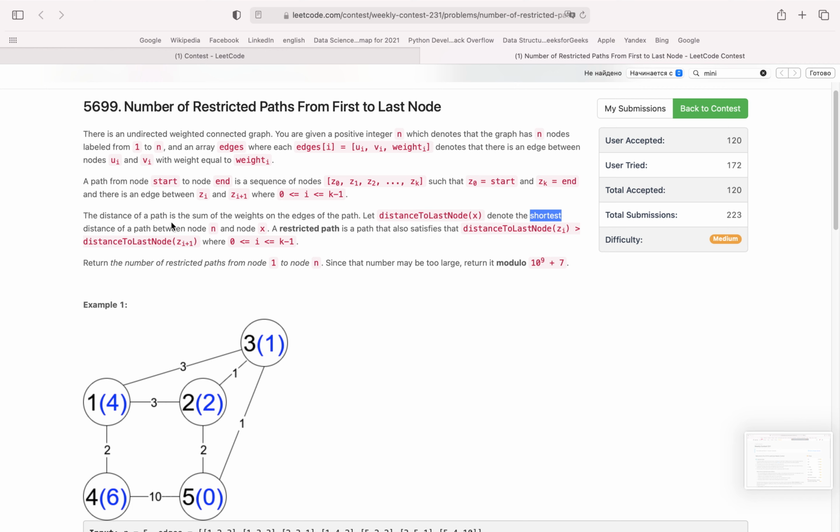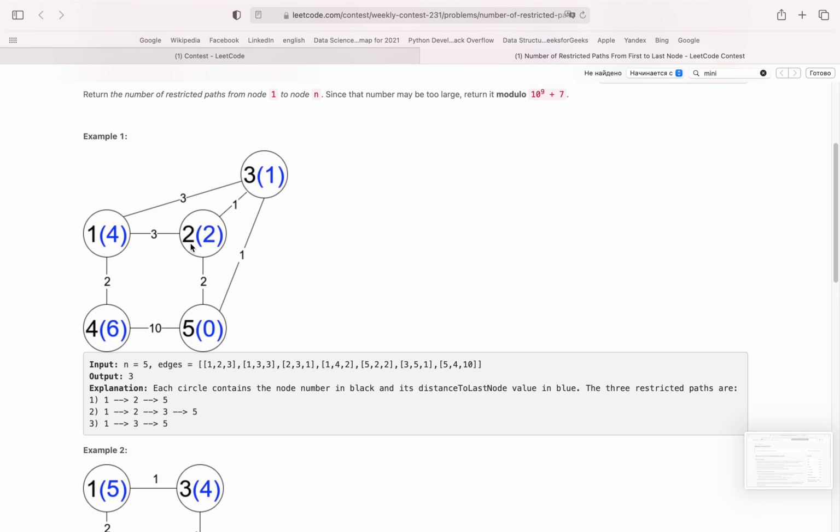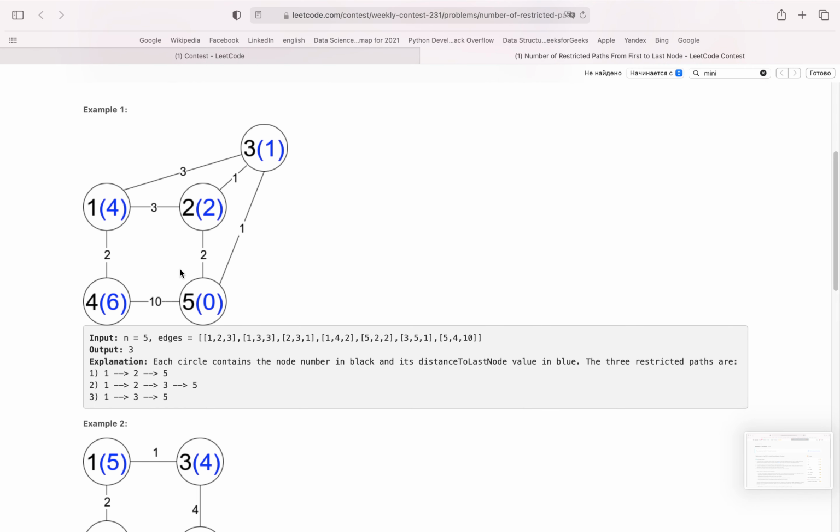The distance is the sum. Shortest distance means minimum sum, right? So 1 2 3 5, why is it restricted? 1 to 5 is restricted because 1 is more than